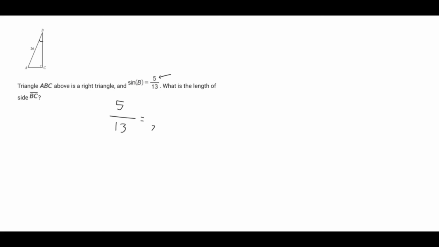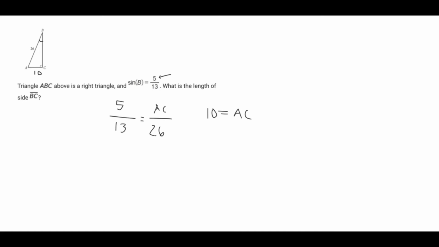But so I'll show you the case here. In reality, our actual length is 26, right? But our fraction here is 5/13. So what we can do is scale this up for the actual side length of AC. Since 13 times 2 is 26, then we can do the same thing to 5. 5 times 2 is 10, and so AC is a length of 10. So there we go. So we know that AC is 10, and now we want to find the side length